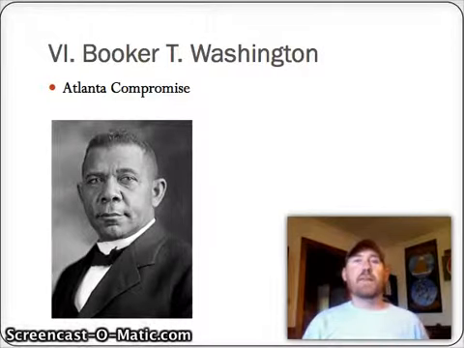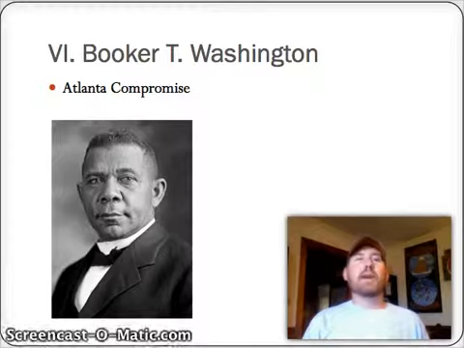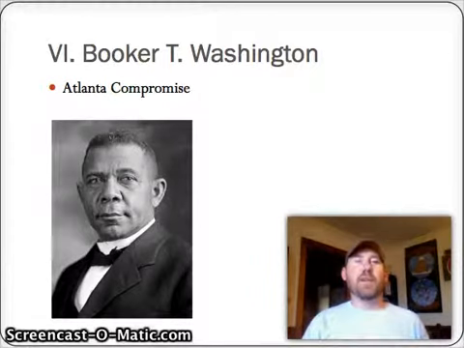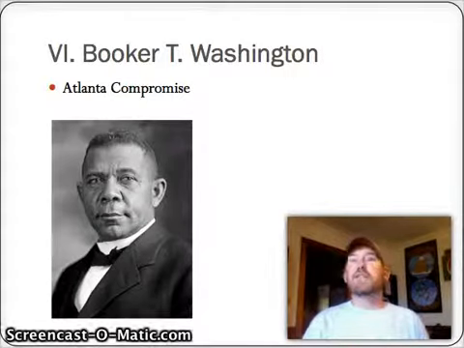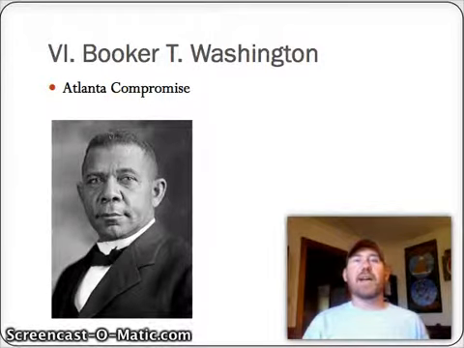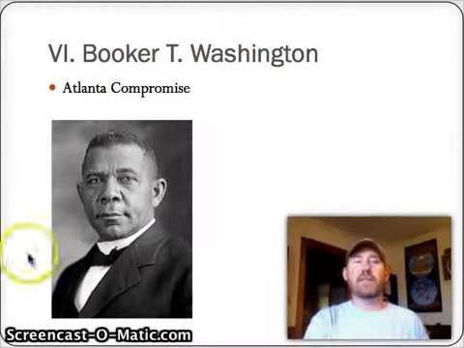Now, in direct opposition to Booker T. Washington was a guy named W.E.B. Du Bois, who I don't have a slide of for whatever reasons, but you need to be able to compare his point of view and his goals for African Americans with Booker T. And what W.E.B. came out and said was that the gradual approach won't work. It's ridiculous, because there is no need to get gradual rights when they've already been given to us by the Constitution. So he's an advocate of, it's in the Constitution, we should have these rights now. It shouldn't be a process, and it shouldn't be something that happens over time. It should be immediate. So be able to differentiate the viewpoints of these two people.